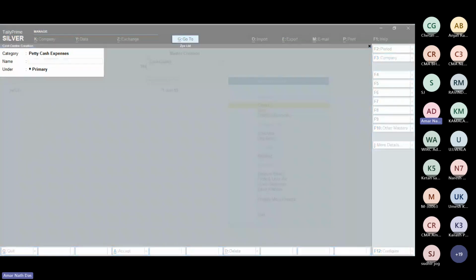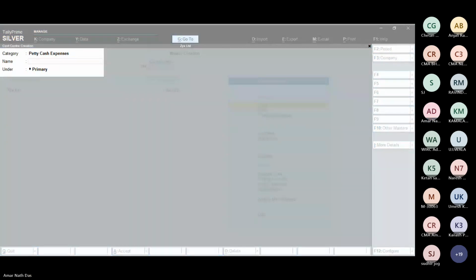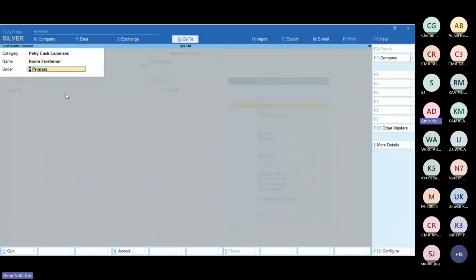And after traveling, another point is refreshment. So refreshment is also there. After refreshment, tea and snacks. After tea and snacks, room freshener. So that's all. So it's time to take a look whether I have prepared all these cost centers